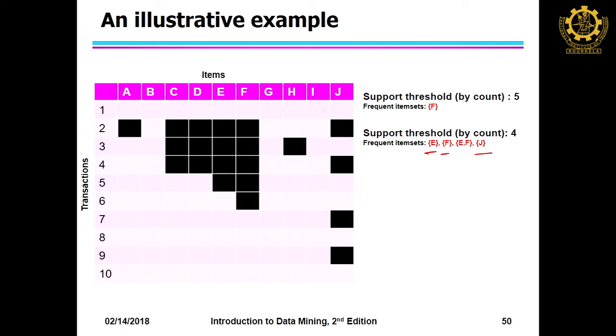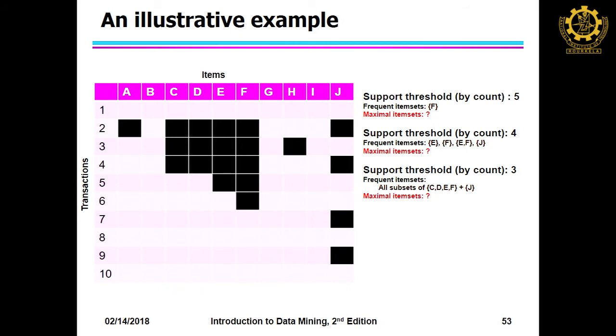So now you reduce further, the support threshold is 3. Now, what will be the frequent item sets? C, D, E, F. Not only that, it can be C, D; C, E; C, F; C, D, E; C, D, F; D, E, F; and D, E also. So, here all the subsets of C, D, E, F can be frequent: C, D, E, F and the corresponding subsets, along with J.